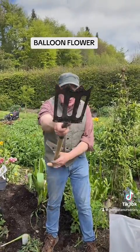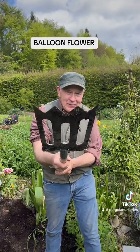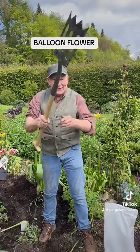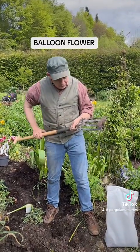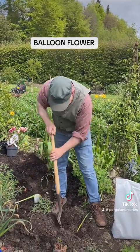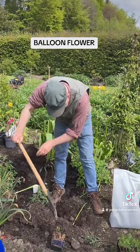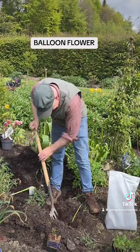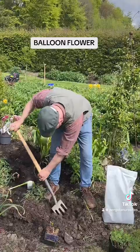Sharp Swedish boron steel. And instead of digging with a flat blade like a spade, you're cutting through soil an awful lot better. Ash handle, all hand forged in one piece. We have never broken one, so really tough and hard, and we're using them for years and years in the nursery. So decent sized planting hole, we're planting a balloon flower today, and balloon flowers are wonderful, totally hardy perennial,